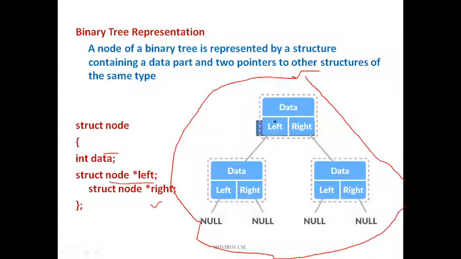Whether you use C or any programming language, a binary tree is a tree that has two children. Remember, only two children, not more than that. It has to be represented by data with left and right, and again data with left and right. It may be a null value, that does not matter. So this is the format. When you want to write a C program, you can start with this format: data will be there, and asterisk left and asterisk right will be there.